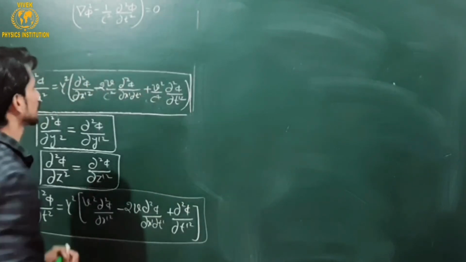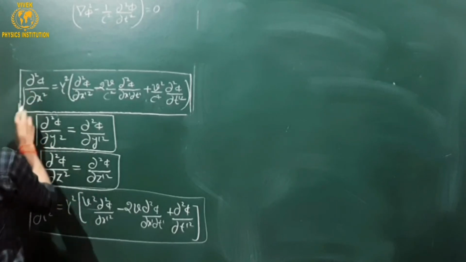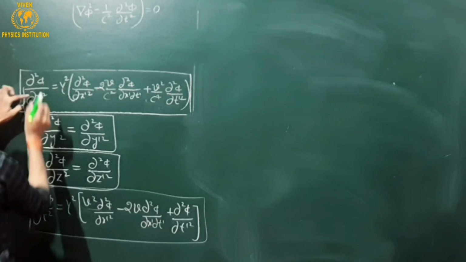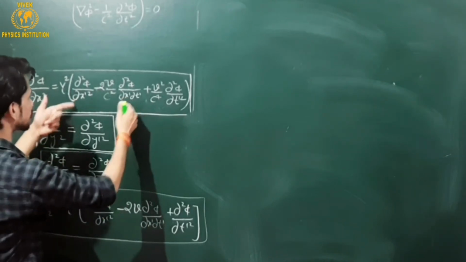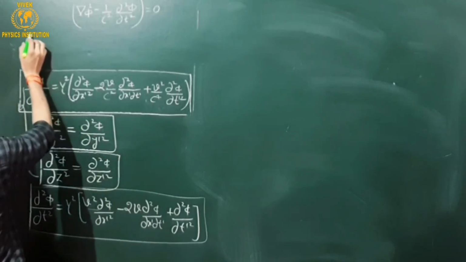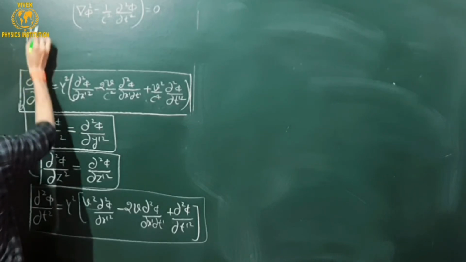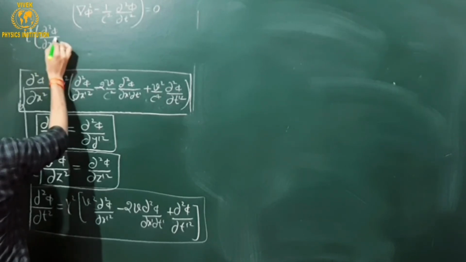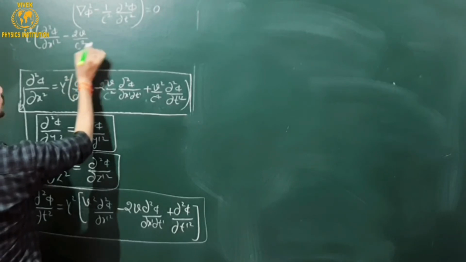Okay, so because del square phi is nothing but this plus this plus this, only this. So del square phi is this one plus this one plus this one. So I can add this factor with this as well as this factor. So I will get gamma square. I am starting from gamma square into del square phi upon del x dash square minus 2v upon c square